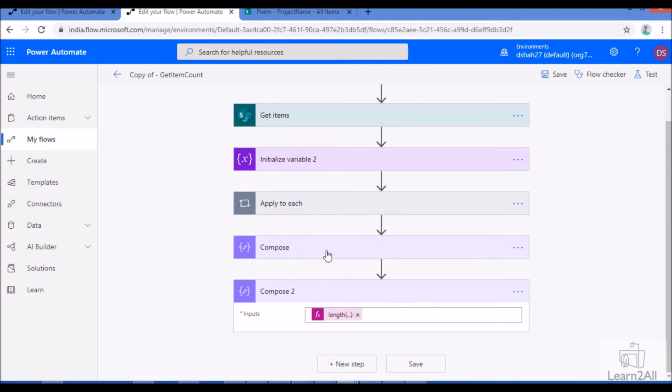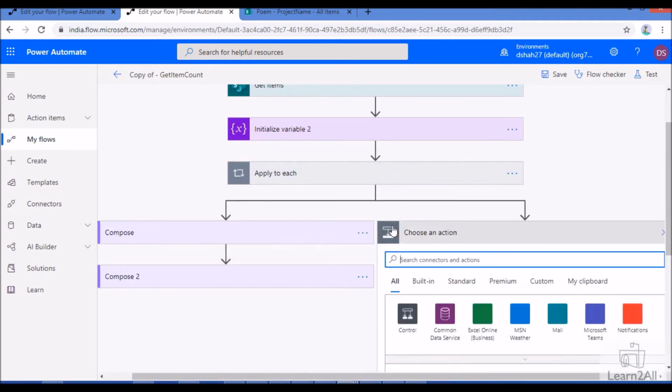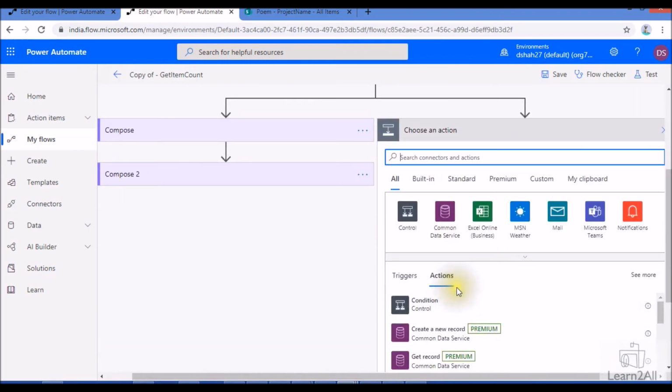Now one more thing I want to do here is see what happens if you don't write the union function. Let me add a parallel action and let's see what the output would be without the union function, so you will get a better idea.